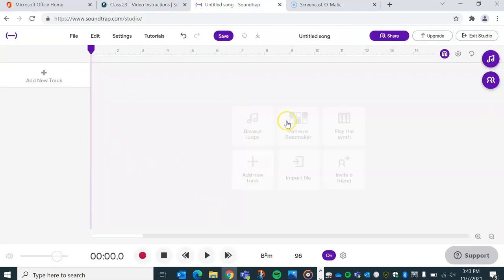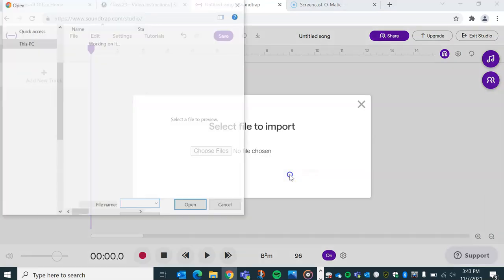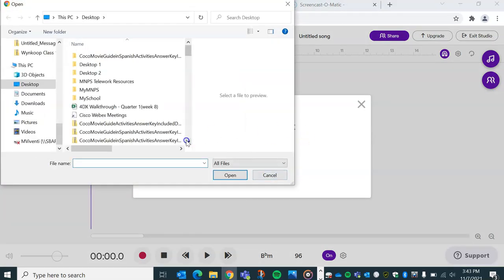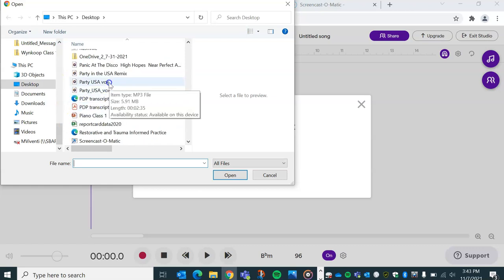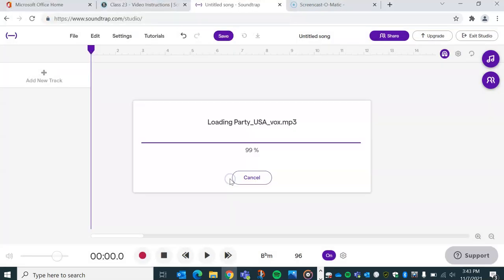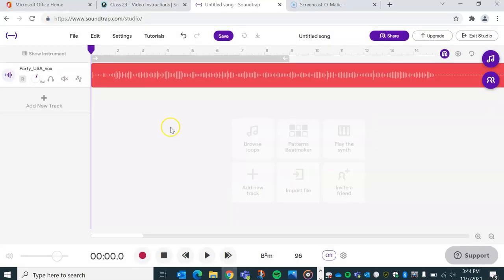Now you're back in your project file. You're going to go to Import File. And when you click on that, you should be able to open up your files here and find where you saved that Party USA vocal. Open that, and it should look like this. And when you press play,